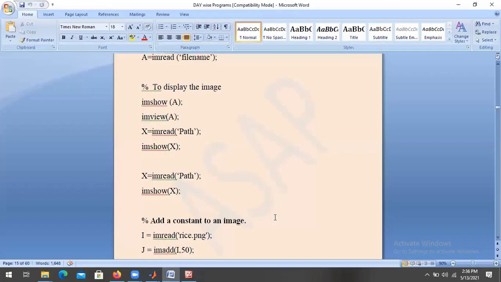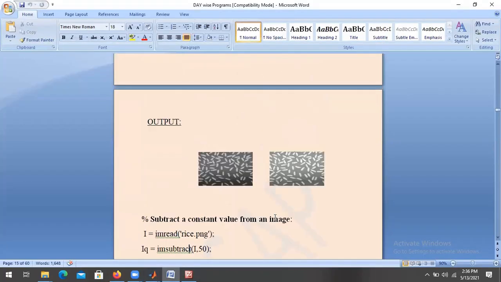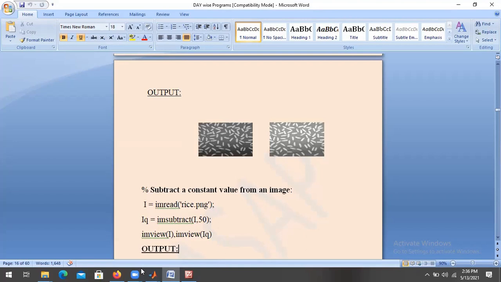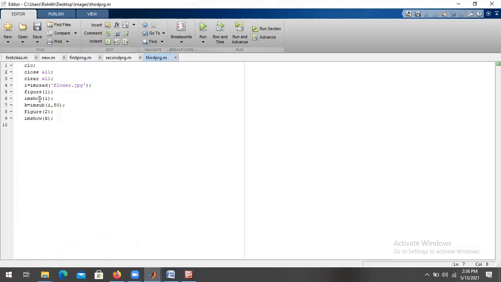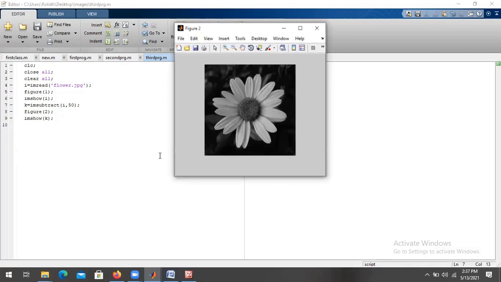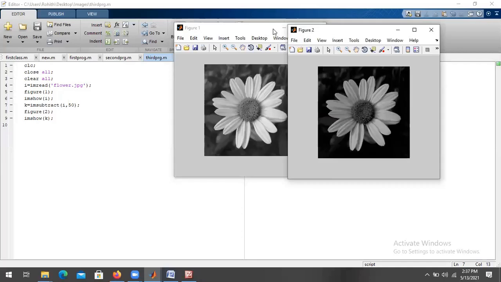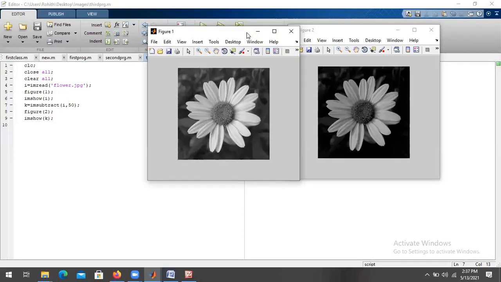For subtraction, I think the command is imsubtract; you have to write SUB. So it was a bit darker. Yeah, you can see the difference here, right? So like this, you can